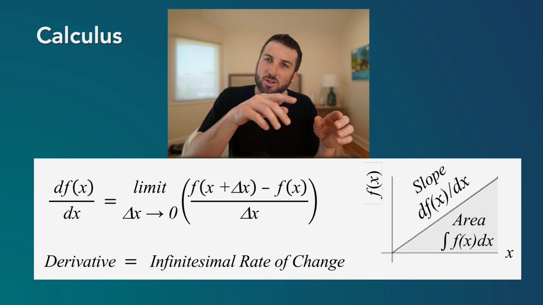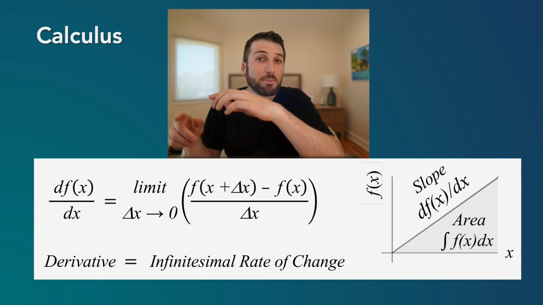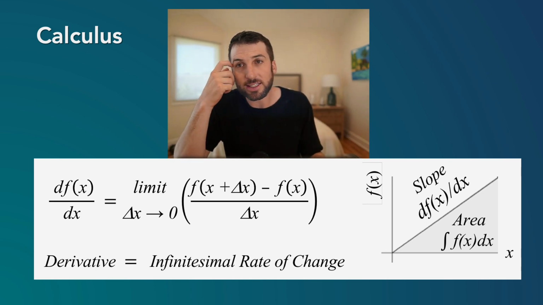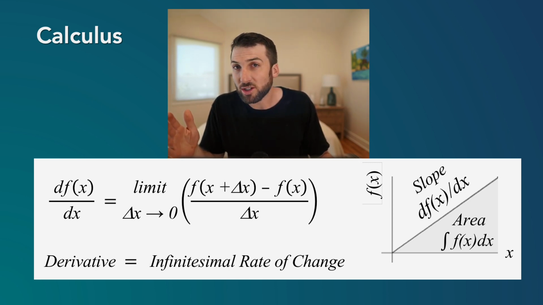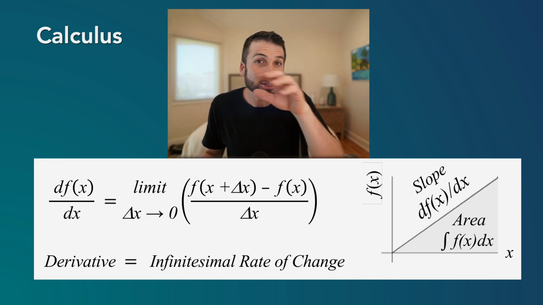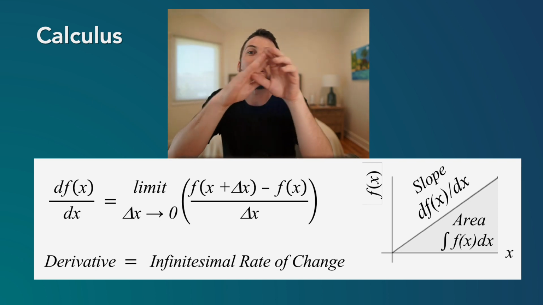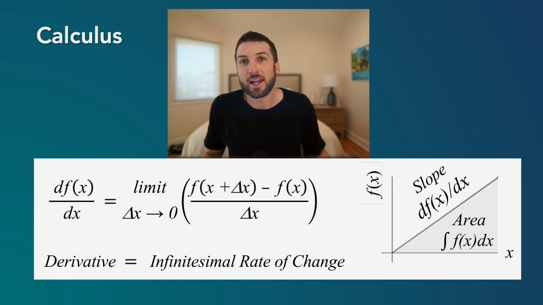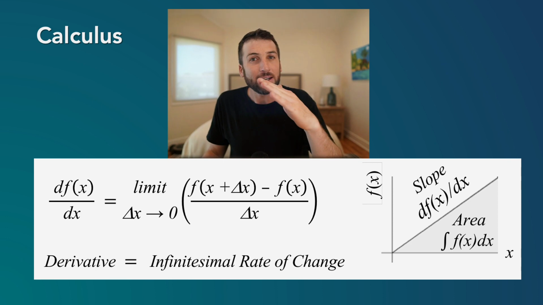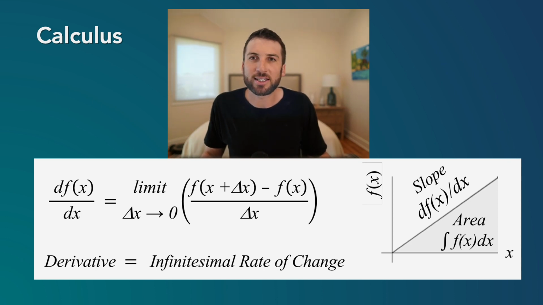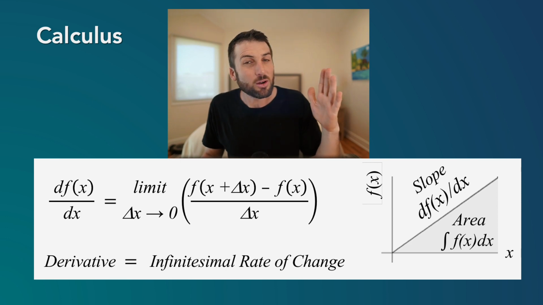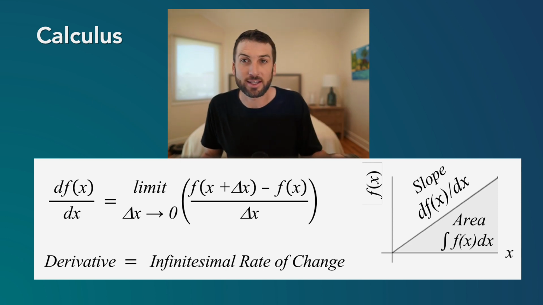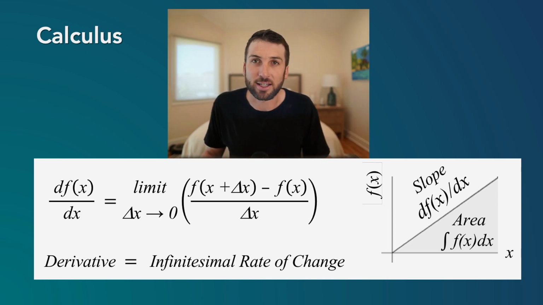Now, the opposite mathematical operation of taking the derivative is taking the integral. And that basically goes the opposite way. From the answer from the derivative, if you take the integral of that, it goes back to the original. Now, if there's a line, for example, one way to think about this is that the derivative of the line is a slope. But the integral of the line is the area, the area that the line traces under. So we'll see more about this later on.